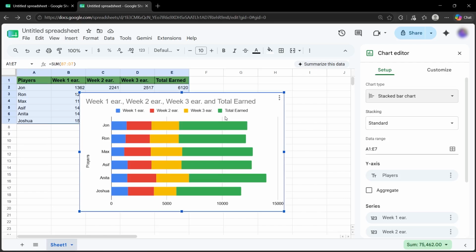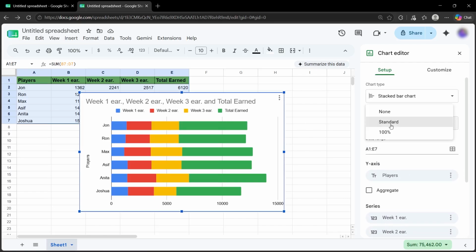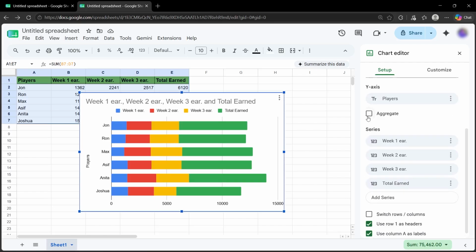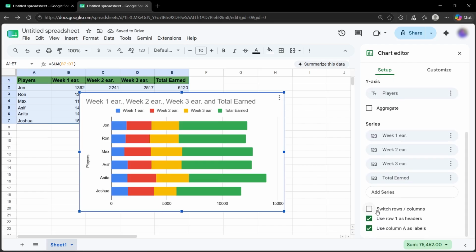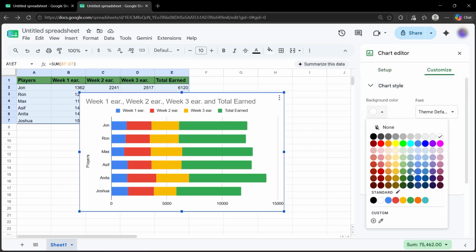Now, if you want to customize it a bit, you have all those options just right here. From here, you can choose stacking, choose the data range, the y-axis, you can aggregate it, add series or switch rows and columns. And you can also click on customize, choose the chart style, click on background color, change background